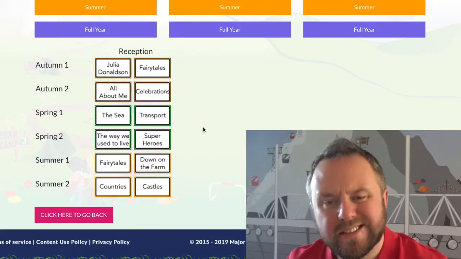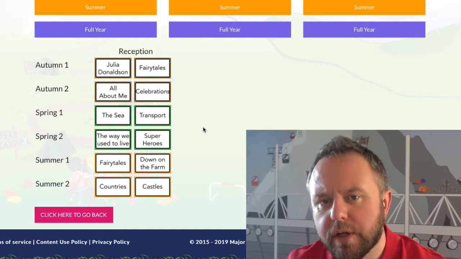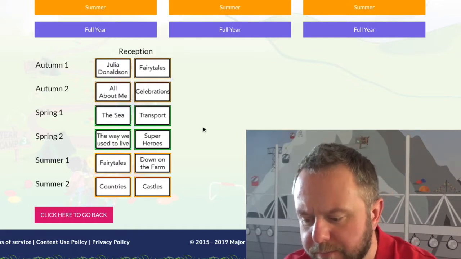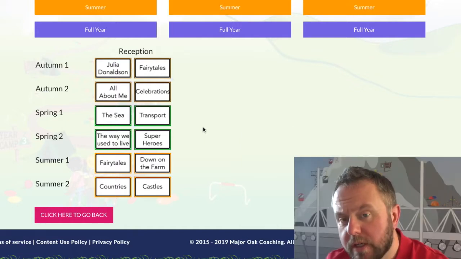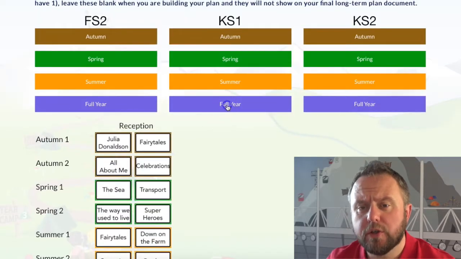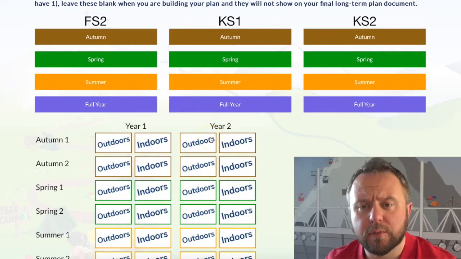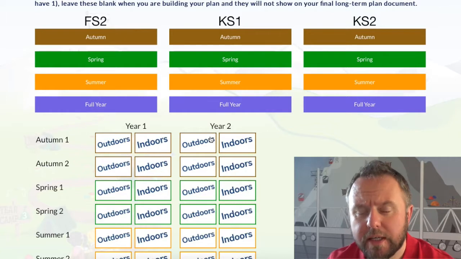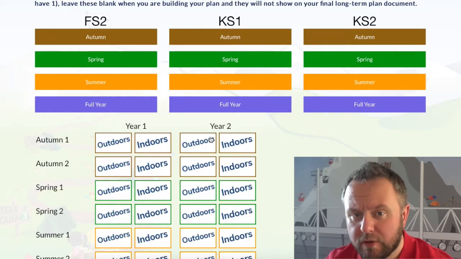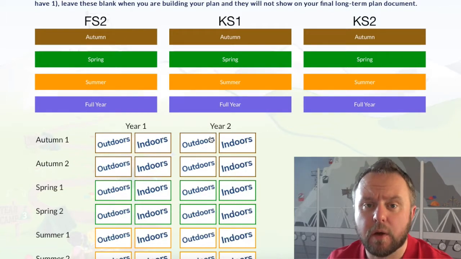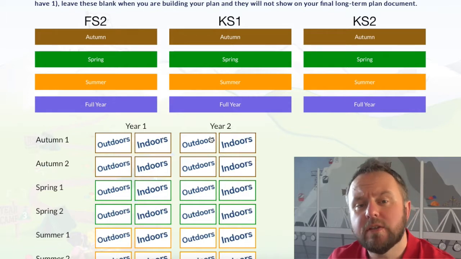So we're just looking at that as tying it into themes that we're doing in other areas of our EYFS. When we then go to Key Stage 1, we're looking at making sure that when we leave Key Stage 1, we've got some of those core skills that we need to make sure that Key Stage 2 is really successful from a PE perspective. So with Key Stage 1, we suggest that you look at those core fundamental skills and